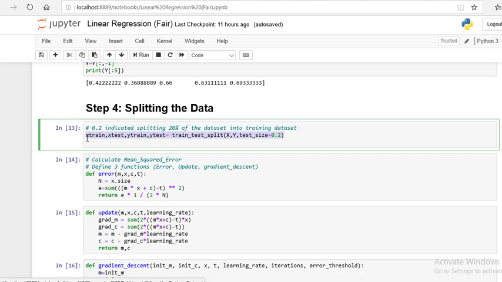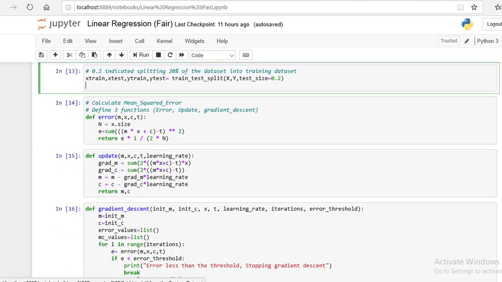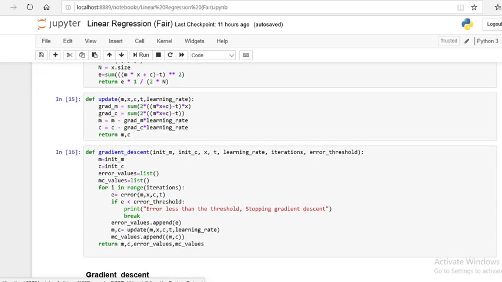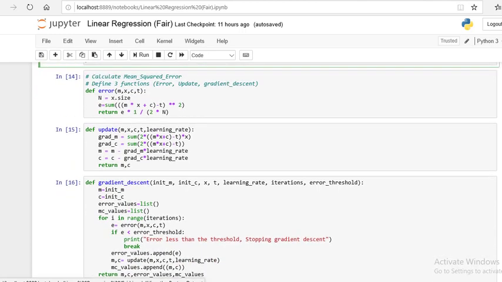The default function train_test_split is used to split the data set. Here we are using three functions for calculating the errors, updating the learning rate, and gradient descent. These three functions are used for calculating the mean squared error, which plays a crucial part in finding the error rate.